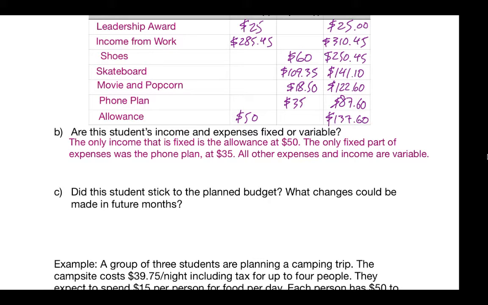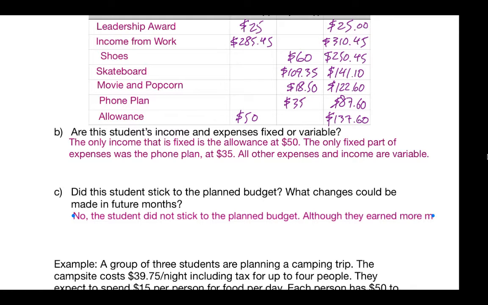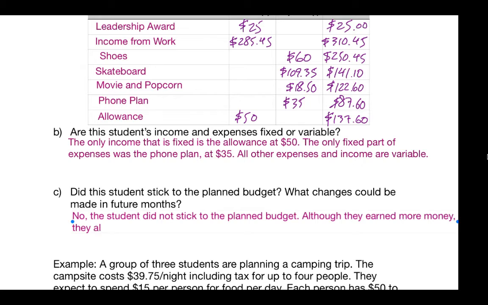So that's the comments. Those are the comments that I would put in here. Okay. So no, the student did not stick to the planned budget. So although they earned more money, they also spent more money and had less money left over at the end of the month